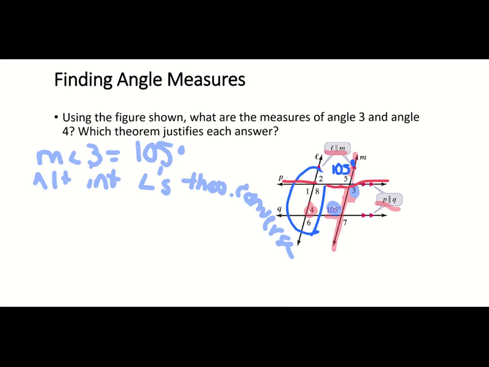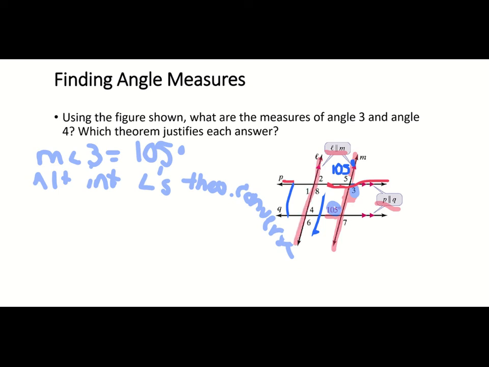So if they add to 180, and 5 is 105, then angle 2 has to be 75 degrees, because that gives us 180. So if angle 2 is 75, and if I treat L as my transversal, so here's my transversal now,